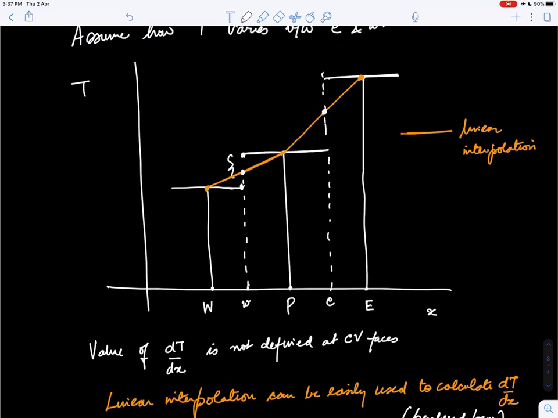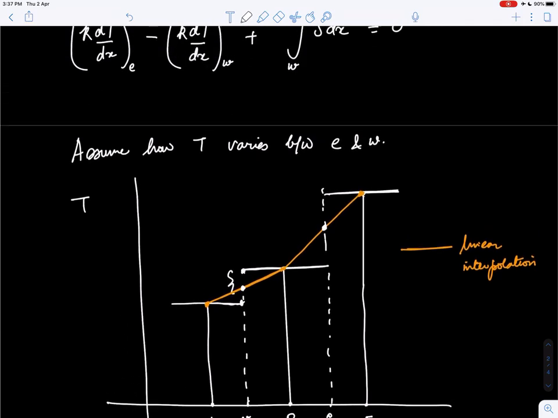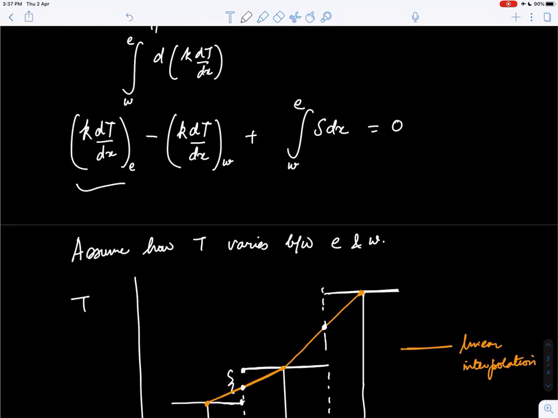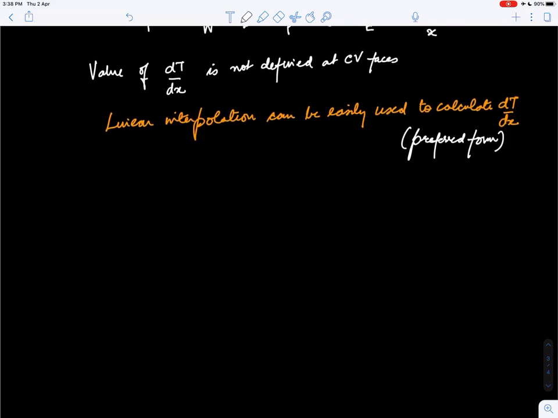Okay, so what we'll do in this series of lectures is to look at this linear interpolation as a preferred form for approximating the temperature variation between grid points, to evaluate, again, not for everything, but to evaluate the slope of the temperature function. So I'm looking at evaluation of these numbers. Individually I now have a guess for temperature variation between two grid points. So I can now write